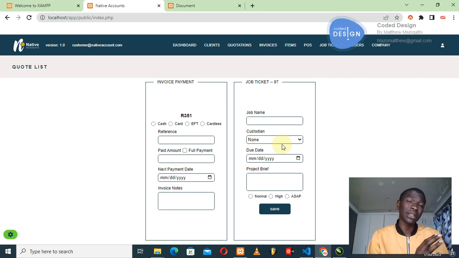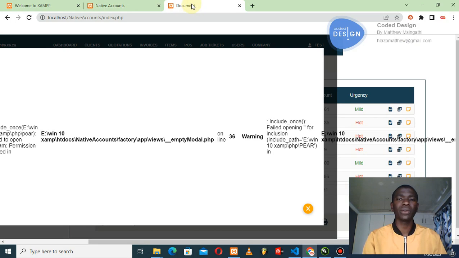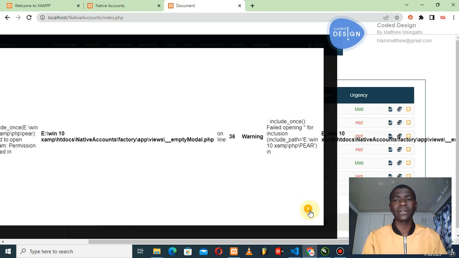It has got a quotation, and then now it has got an invoice, but from the invoice then another, let's say, document emerged, which is a job ticket. So this is the job ticket. Obviously this refactored version doesn't show the job ticket, so what we're gonna do, we're gonna go to an old one and show you the job ticket